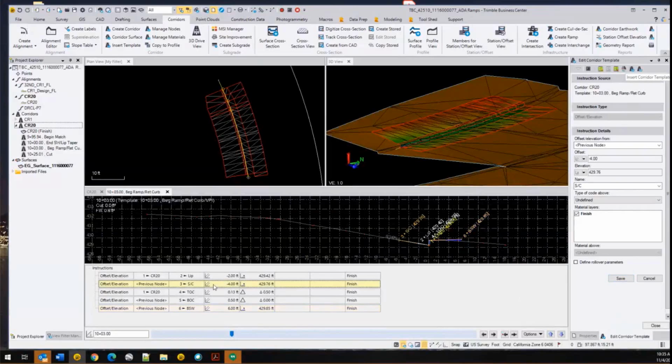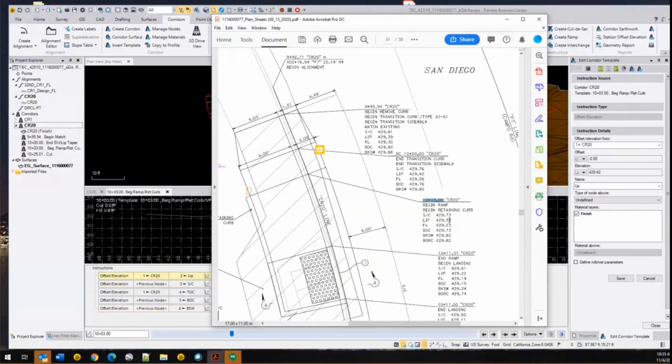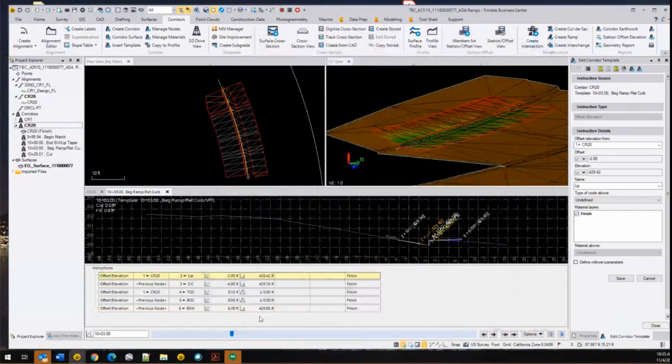All right, so the saw cut, excuse me, the lip offset's the same, but we do have a new elevation. Saw cut,